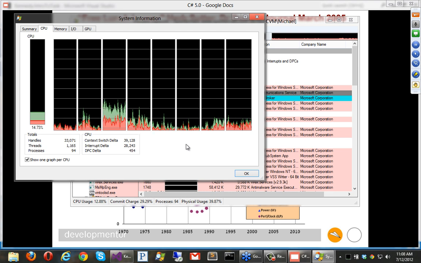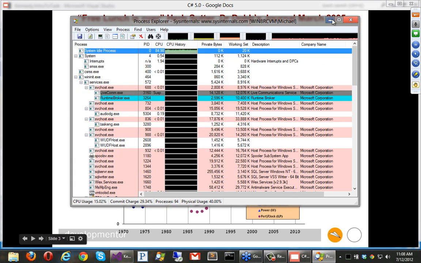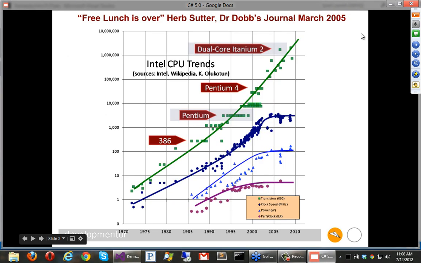Because if I have one app and it's just completely pounding the CPU, the most I'm going to get is 12% usage out of this. And this is just the tip of the iceberg, because if you look at the chips coming out of Intel and AMD going forward, they're going to have many more cores than just 8, right? So if you've got a 128 core machine and you don't do parallel programming, the most you're going to be able to leverage it is less than 1%, even if you're just completely pinning the CPU there.